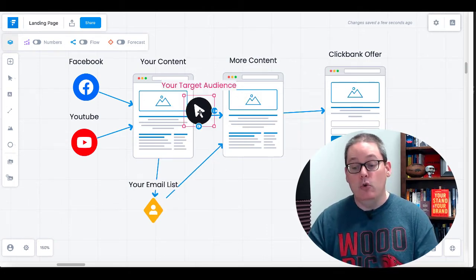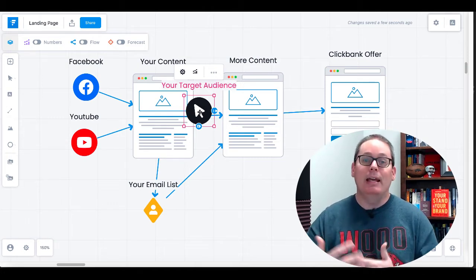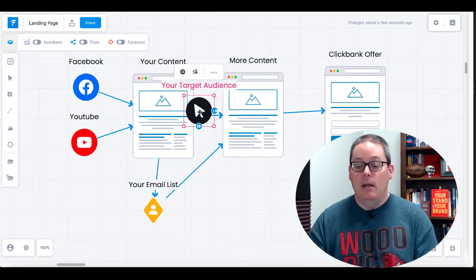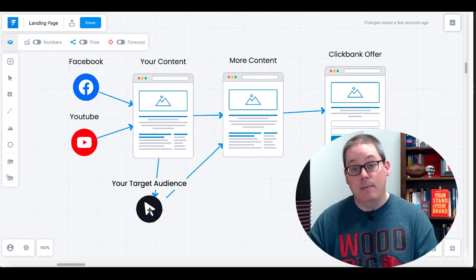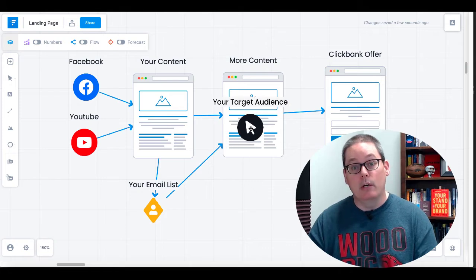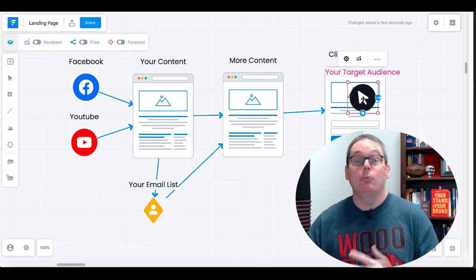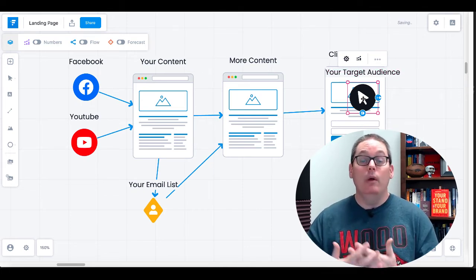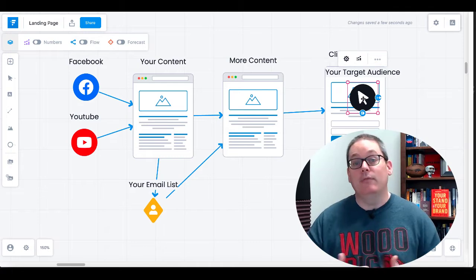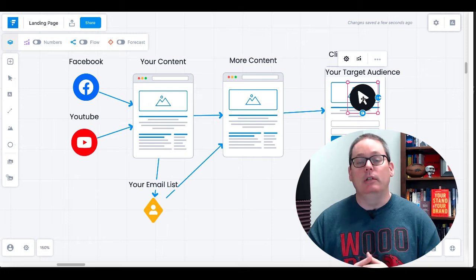It gives you more actual touch points and more time to build that relationship. Again, short term versus long term, meaning your audience will recognize your content over the long run. They'll be on your email list, and then you'll be able to redirect from your content and your email list to ClickBank offers. And this will allow you to actually build a real business and make money with your real business. Again, sacrificing that short-term gain for long-term gain and building your own real online business.